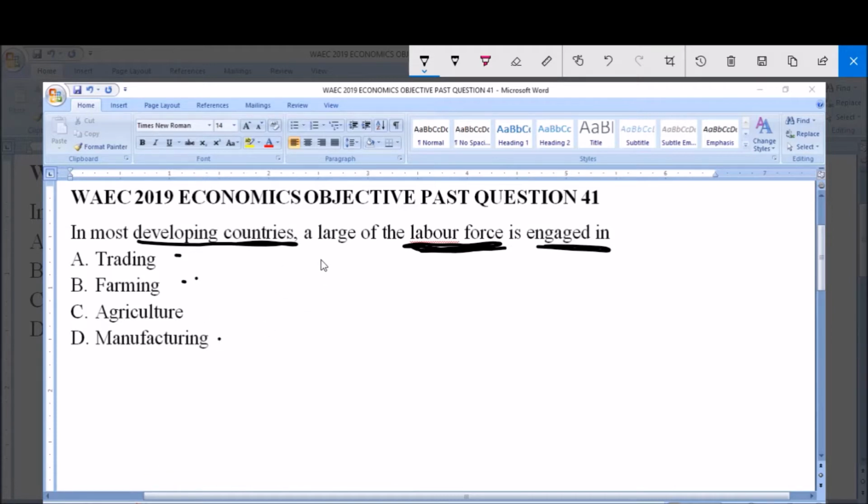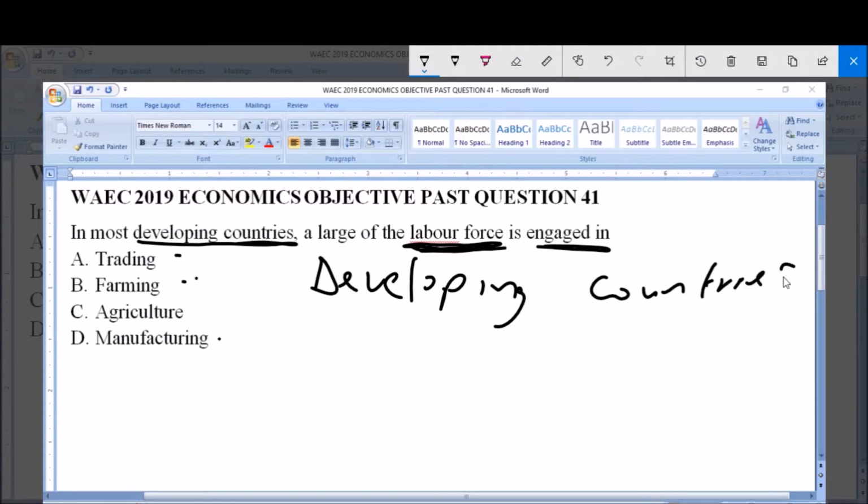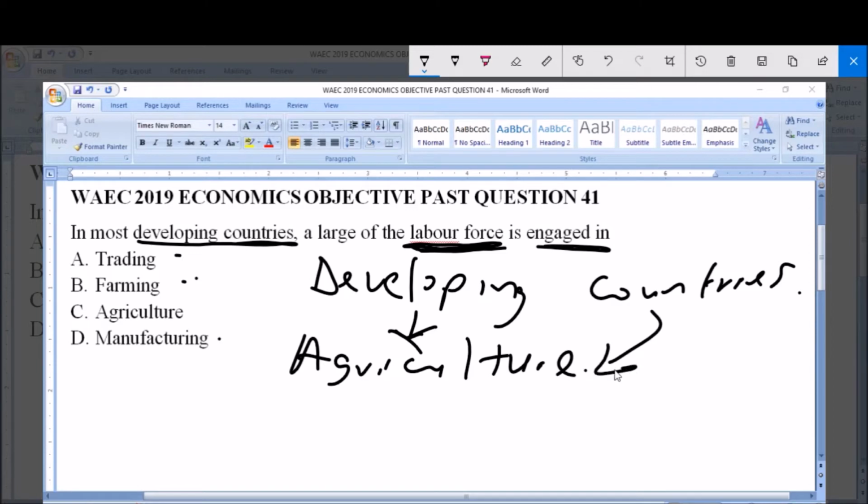Now in almost all developing countries, the mainstay of the economy, or the highest percentage of the economy, is usually associated with agriculture. Developing countries in general are also known for the agricultural products they provide and export. The reason why developing countries rely heavily on agriculture is based on the fact that agricultural